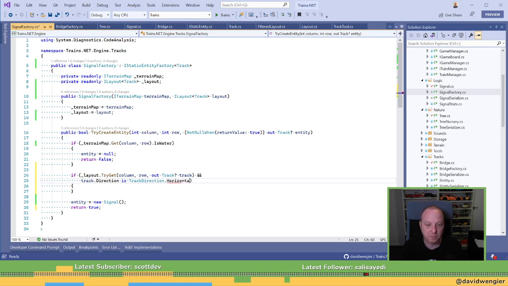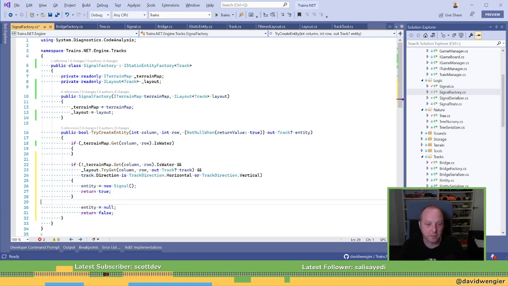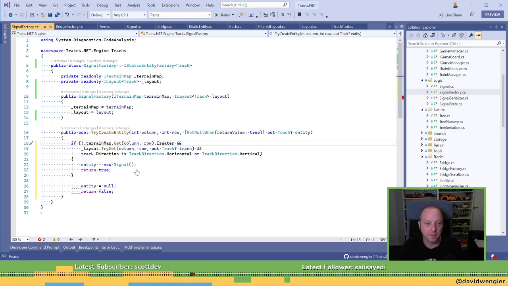Hello. Can you not use patterns with enums? Weird. Dot vertical. Yeah, that's right. Then we want to do this. And we're going to put that there. Not back. That down there. Okay, that's cool. So you can only put signals on an existing track, which is weird, but that's fine.